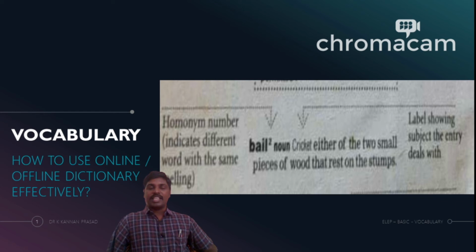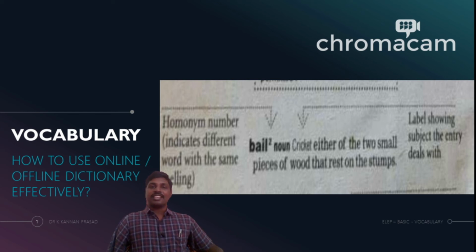But then let us come back to the head word here, which has an exponent on it, the number 2. Bail is one way used in cricket. What is the other way in which the word bail can be used? Yes, right, you have guessed it. Bail is used in the context of judiciary, or in the form of jail, right? So when you relate to the term jail, you also think about the term bail, right? So you could understand that people get bail. Criminals get bail, right? People who have been accused, they get bail, right?